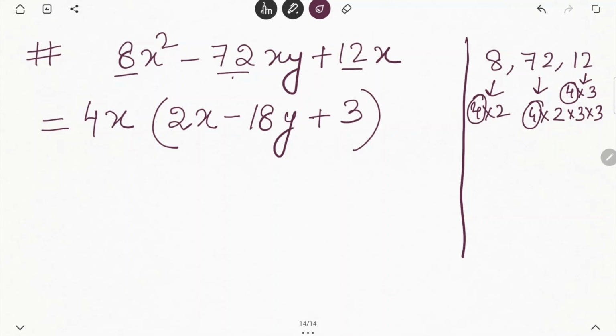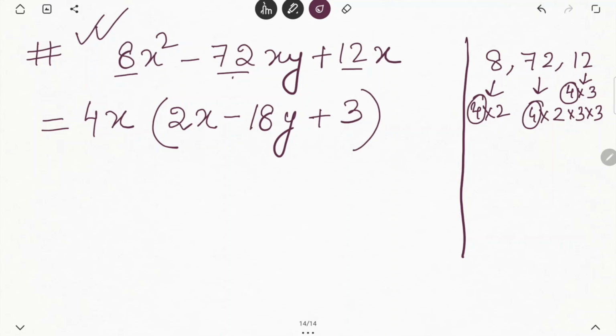This I have shown you, how to take out the common thing in a single step just by doing it mentally or orally. Okay, as it is a new thing for you, in the previous videos I have shown you the detailed method of how the common thing is coming, but it is not necessary that you also apply those detailed steps in each and every sum. If you can manage this way, it is much better.